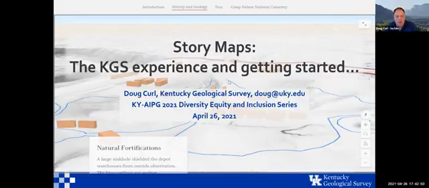And then we have a story map about a very special place in Kentucky, Camp Nelson, and I'll talk more about that. And I think that this story map that we developed for KGS in the past year really fits within this theme as well, because it's got a lot of history, really interesting history, and then of course a geologic component.